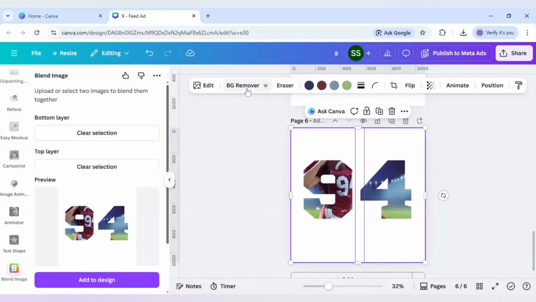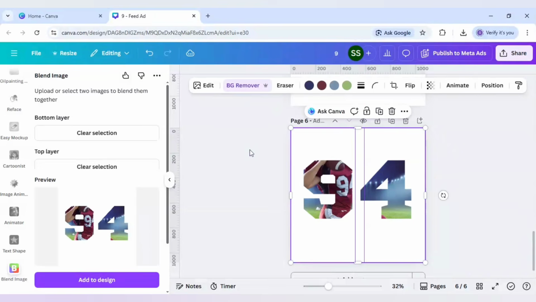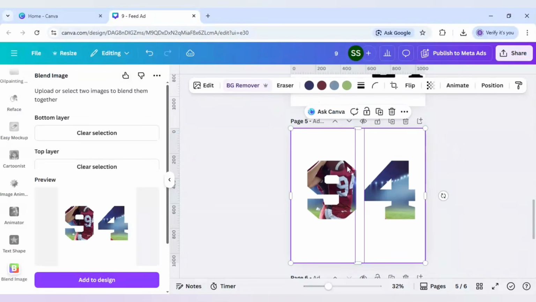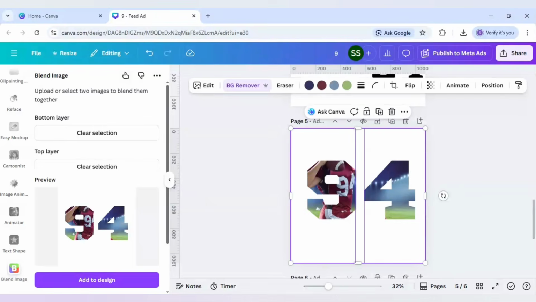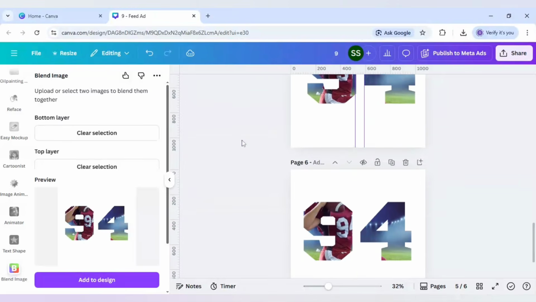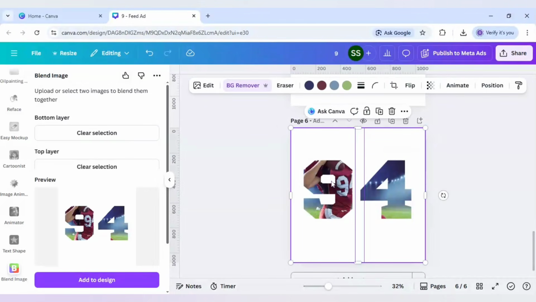And for this 94, first I will go to BG remover and use it. Okay, and for the next one I will use this one. Okay, so when both of them are done, I will use this one, which is the second one, and click